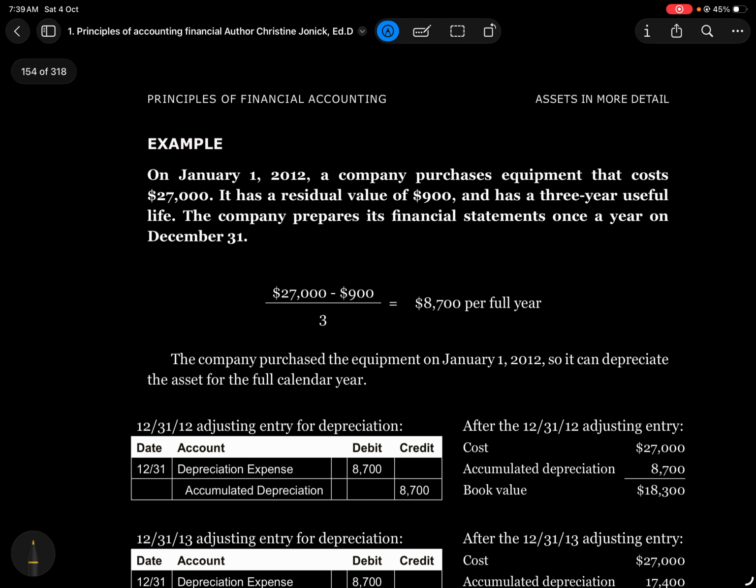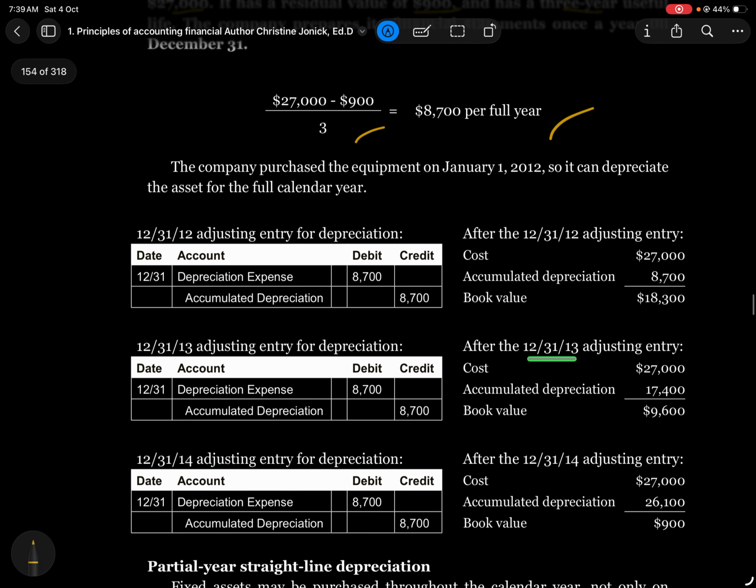Suppose a company purchased equipment for 27,000. Residual value was 900, 3-year life. So what would be the depreciation? 27,000 minus 900 divided by 3, 8,700, right? So in the first year, at the year end of 2012, we would have accumulated depreciation 8,700, book